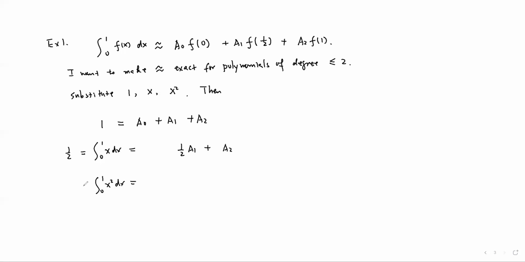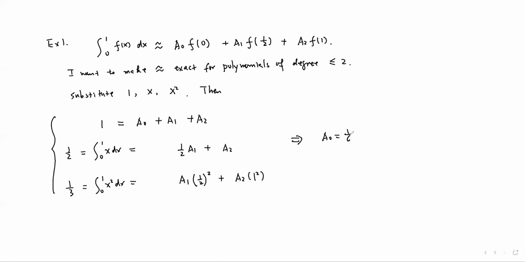This integral is 1/3. Okay, now f is x squared. First term, again, 0. Second term, A1 times the function value. The function is x squared, so square. And then A2 times 1 squared. Okay, so 3 equations, 3 unknowns. Solve it. The solution is